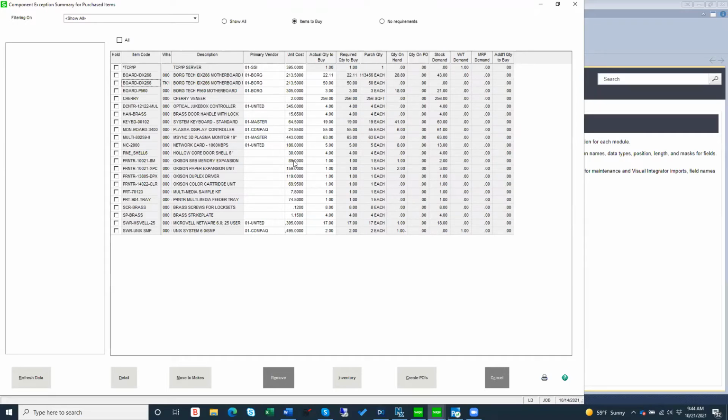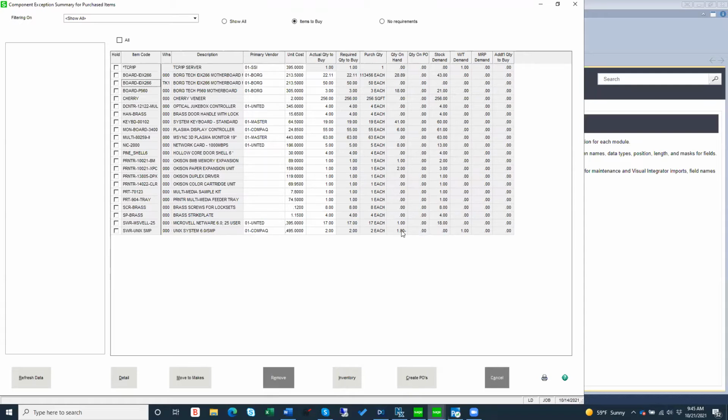Also, some things I've come across in all the years is that this is a great tool, but people have bad underlying data, as in old purchase orders that have not been completed that still have a quantity coming in that would skew your quantity on PO and potentially give you the wrong quantity to be purchasing. Same thing if you have old work tickets out there, or if you're having issues in general with your inventory and keeping your